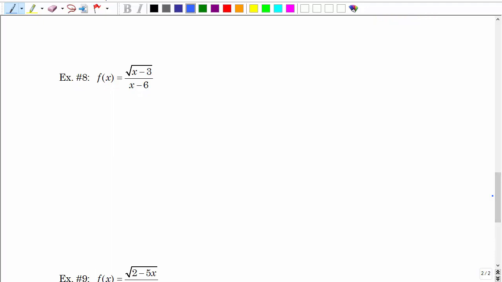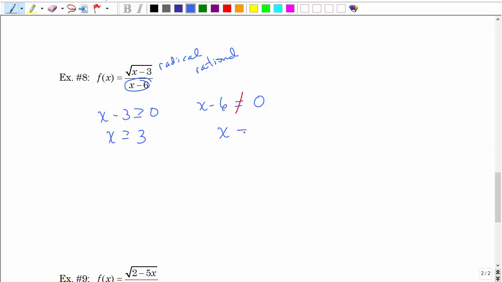Number 8 combines a radical with a rational. We have a fraction, so we have to use both of our rules. We have to make sure that what's underneath the radical is greater than or equal to 0, but we have to make sure that we don't divide by 0. In fact, I'm going to go ahead and say not equals. I think that might be a little bit easier. So we would solve for x, solve for x. Again,